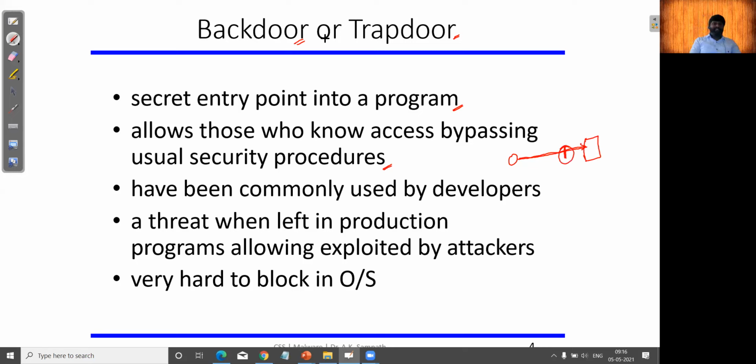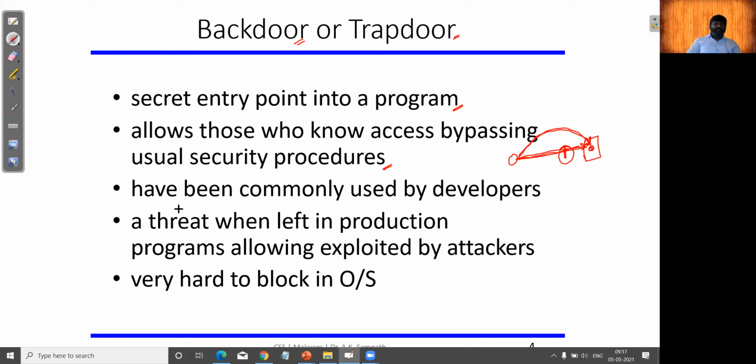What the attacker will do is, they are smart enough to understand the procedure, so they will bypass it, sending information that does not follow the actual tracing method or actual security procedures. They will bypass it this way and illegally try to reach this machine. That is called a backdoor.